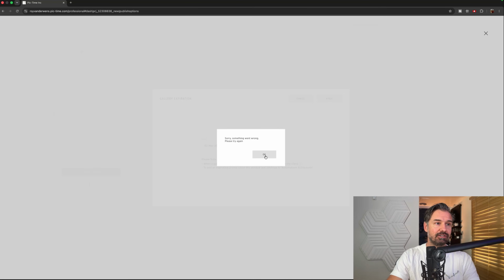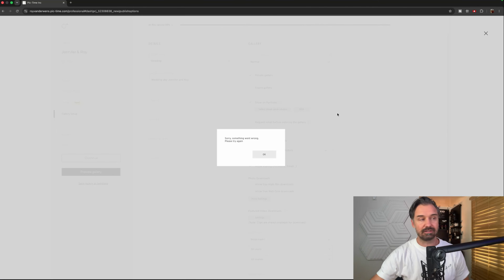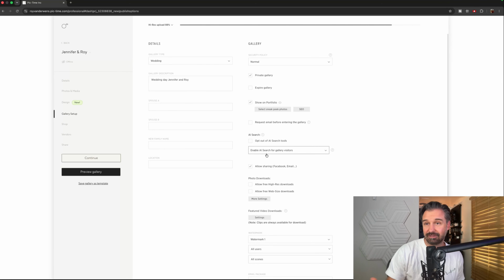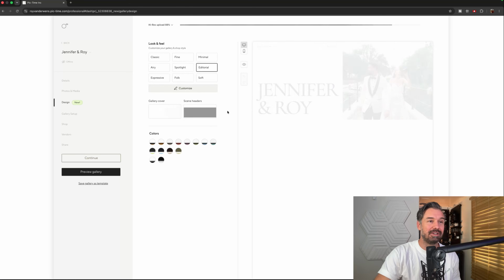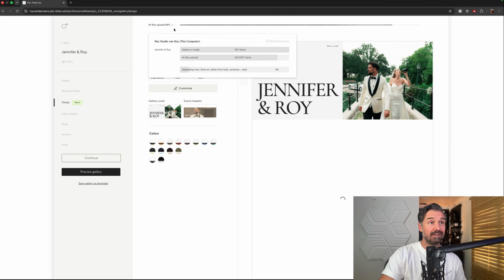And it keeps on giving this something went wrong error. I don't know why it does it. It's so annoying. What is going wrong? I don't understand. I'm just on the website and it keeps on giving this error message. Okay, so this is a great live demo. I have no idea why it does that. Maybe it has to do with the design or something. I'm going too fast. I have to wait until everything's uploaded.